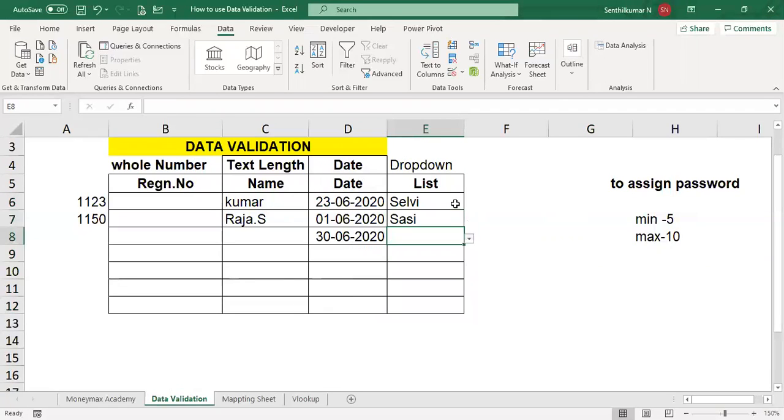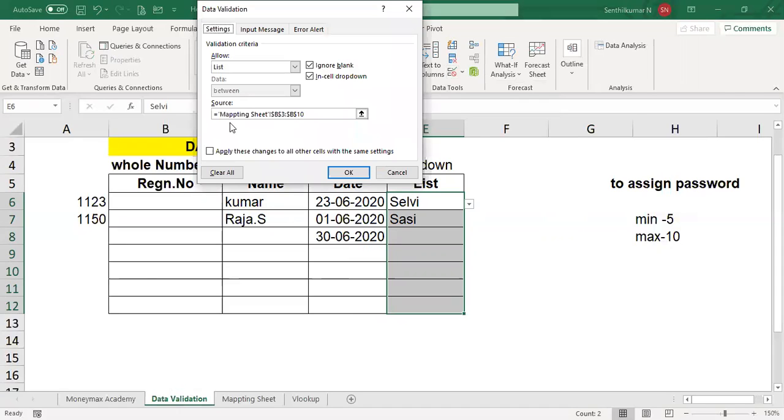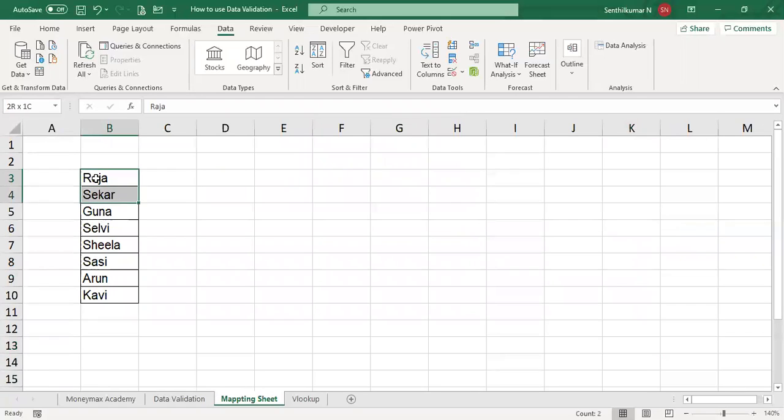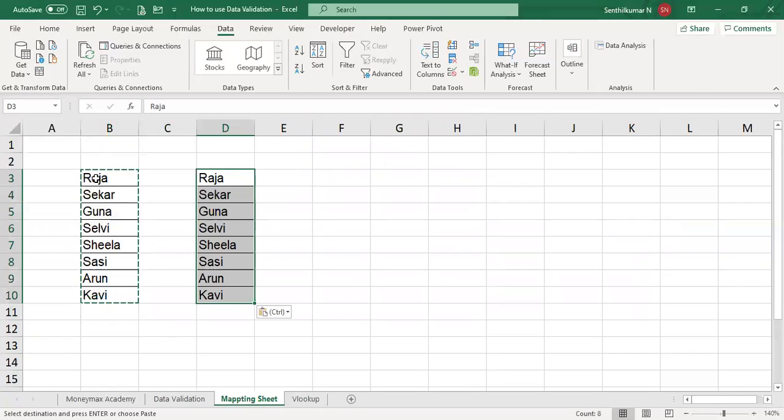Definitely it will be useful. Now I am giving another option. I am doing like this, or I can use name manager also. So I want to remove it. Please see what is the difference. Please see data validation. The name is mapping sheet range. Now I want to clear all. I have cleared all. Now I want to create the name because we are going to use a lot of data. Please see, now you want to make a mapping sheet for name.